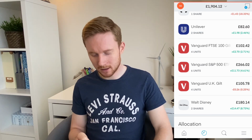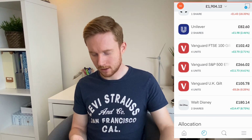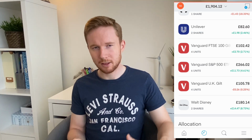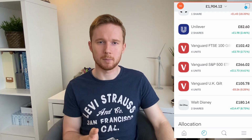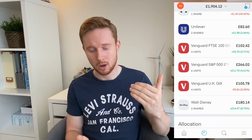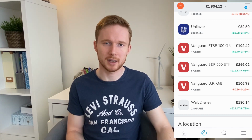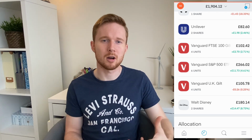And my last one is the Vanguard UK Gilt ETF, and that is a bond ETF. That is currently down 0.25%, and that's minus 26 pence because I pretty much invested £100 into it. Now, that is a bond ETF, so it's really a safer place to put my money. I'm going to try and have a little bit into bonds. You can't invest directly in bonds with the Trading 212 app, so you've got to invest within an ETF that has bonds within it. The Vanguard UK Gilt ETF invests in gilt bonds, which are pretty much UK